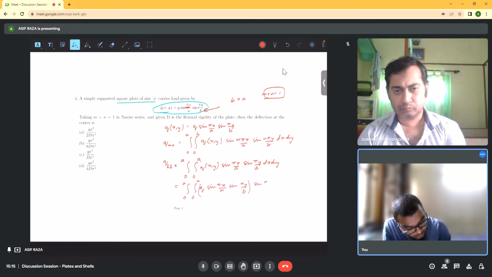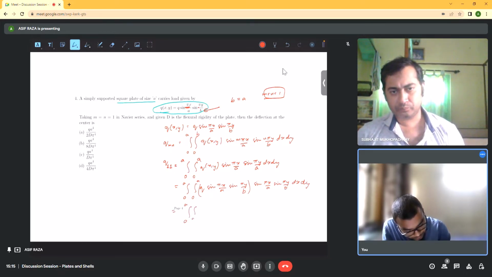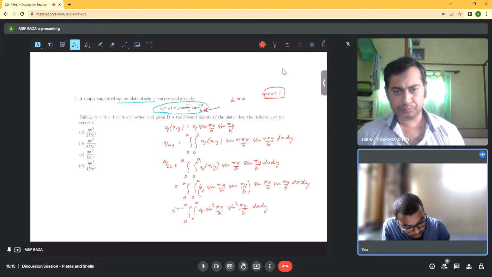So this can be simplified as q sin square(pi x by a) sin square(pi y by b) dx dy,